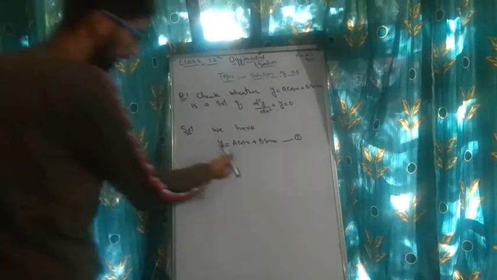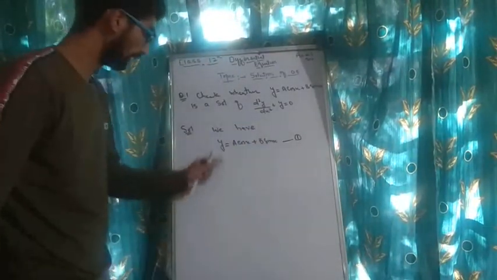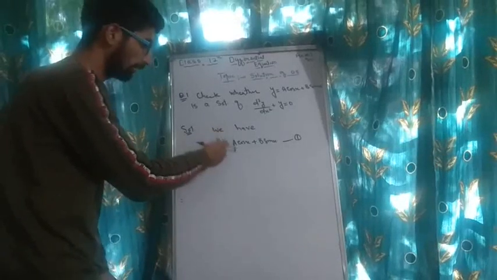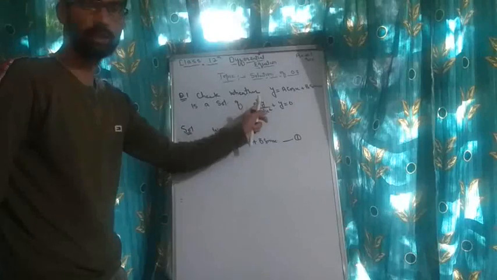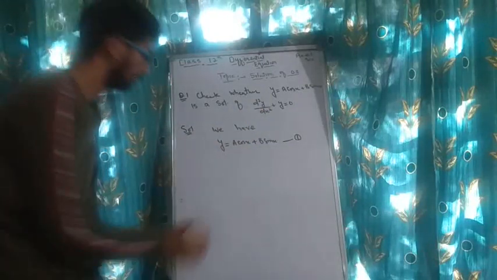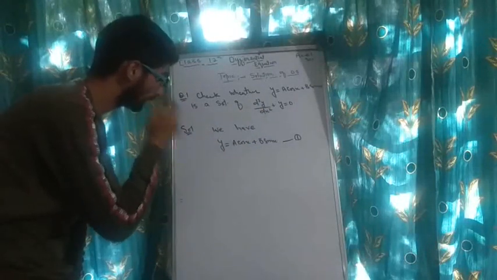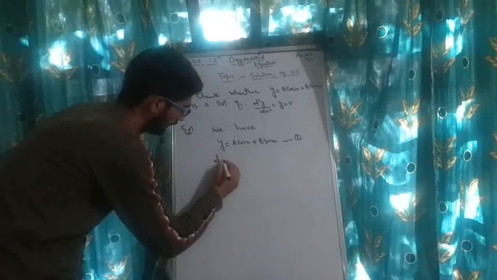We have to check whether this is the solution of this or not. So for that we have to find out whether the derivative and this function will satisfy it or not. And we need here the derivative of second order. So we will differentiate it two times. So first when we differentiate it with respect to x, we will get dy by dx